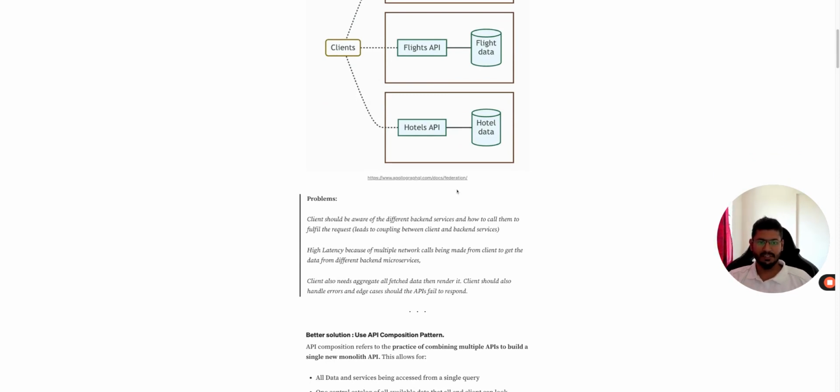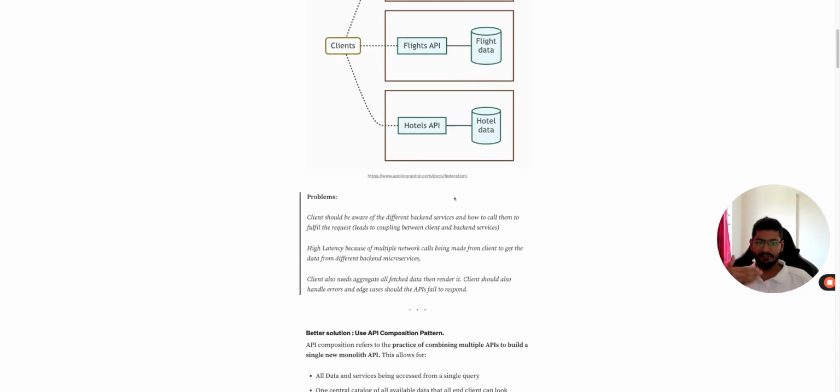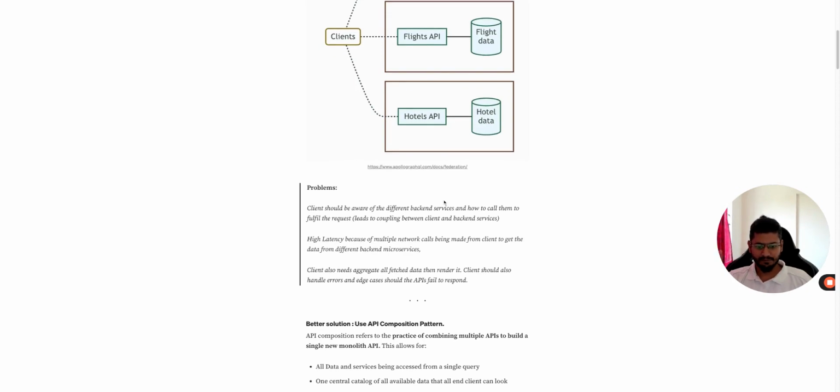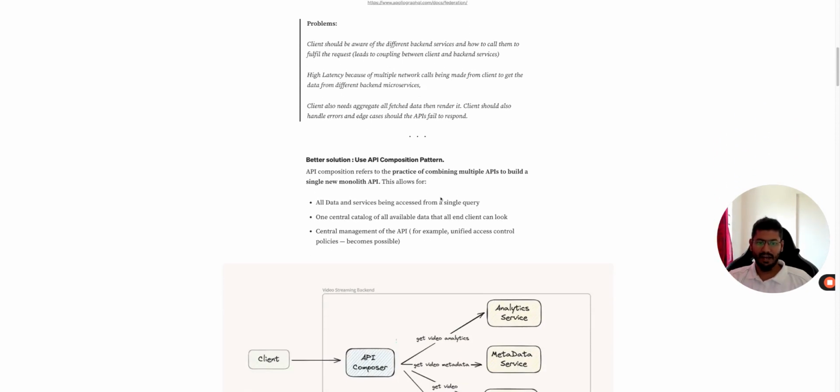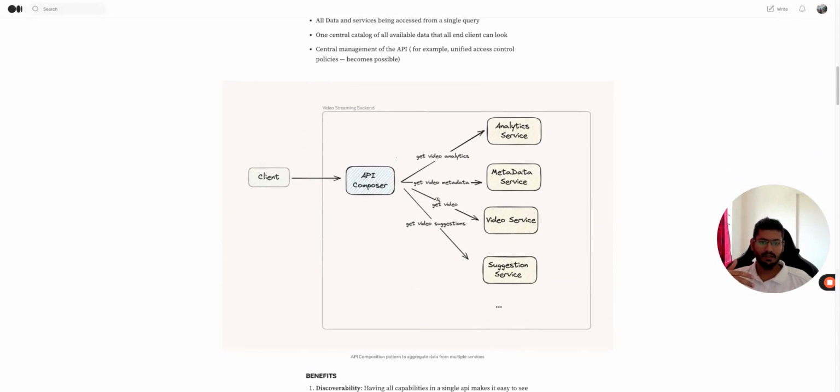Then, obviously, the client needs to be coupled and know how these different APIs need to be connected, and if anything changes, the client needs to change. So, can we do better? Yeah. So, one simple pattern that is very common now and becoming an industry standard is called the API composition pattern. Here, basically, you have a dedicated